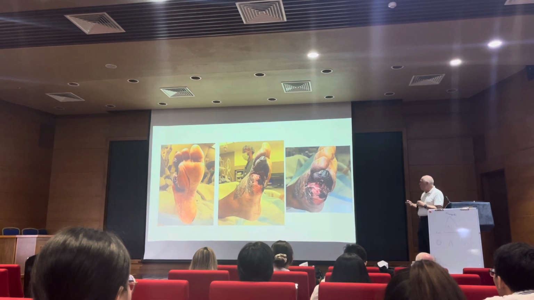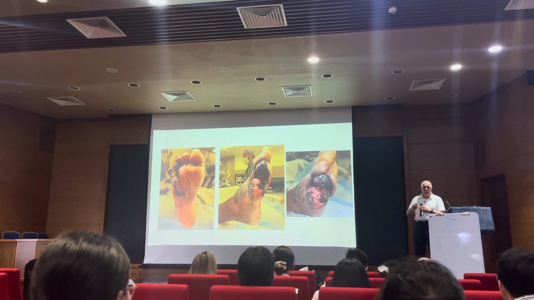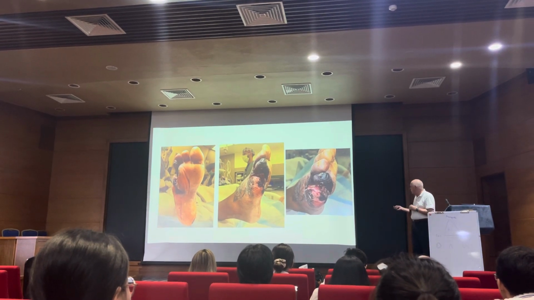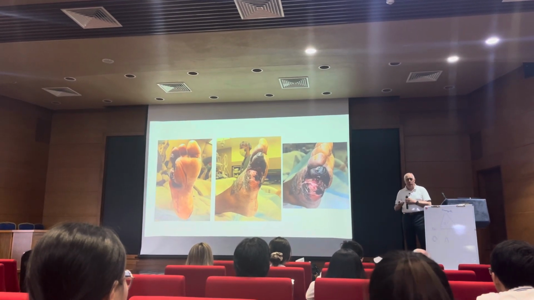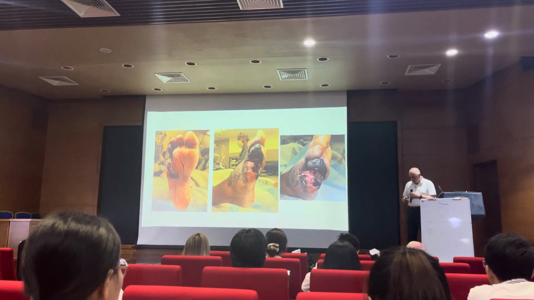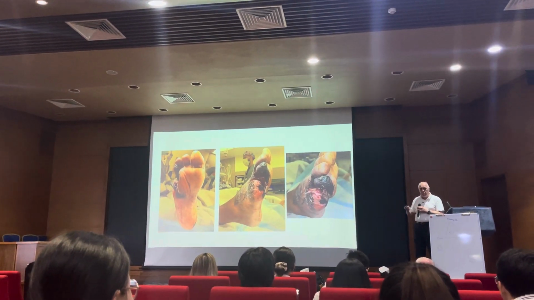So before you do anything, you have to get control of the infection. So we went in, removed the fourth and fifth toes, debrided it. You can see the tissue here is still a little bit gray. She's going to need some additional debridement. She underwent a revascularization procedure to bring more blood flow.